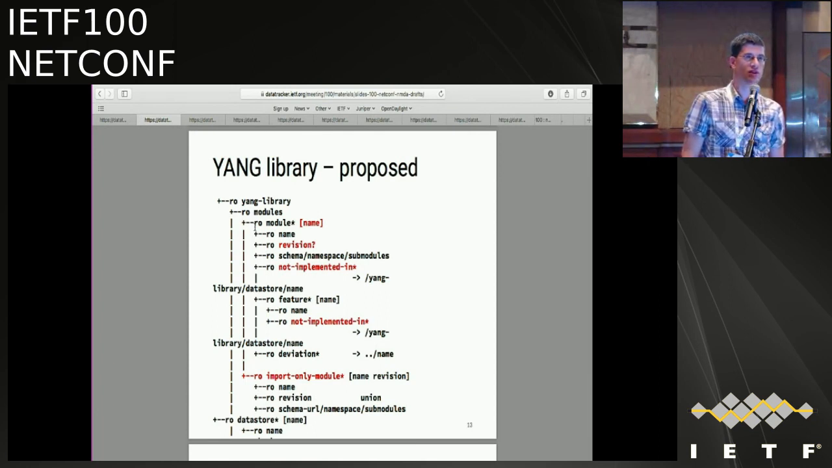So given that a server can only implement a single revision of a module, that list can now be listed by the module name, and the revision becomes simplified because it's optional as it is in the schema, and the data type can then be simplified as well. And separately from that, you have also the import-only module list. Now, because you can import multiple revisions of different modules, you have to keep the name revision key there,